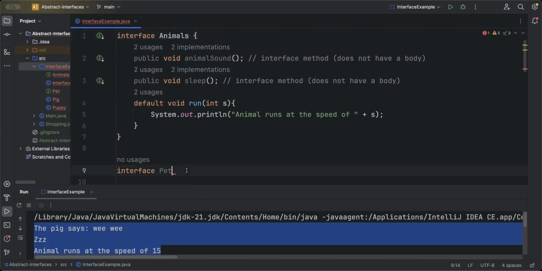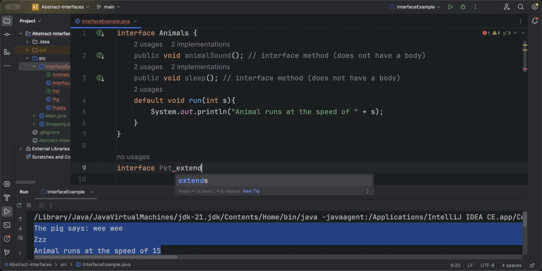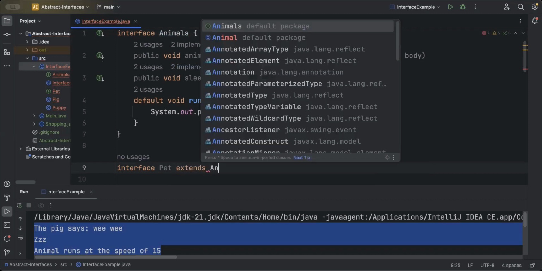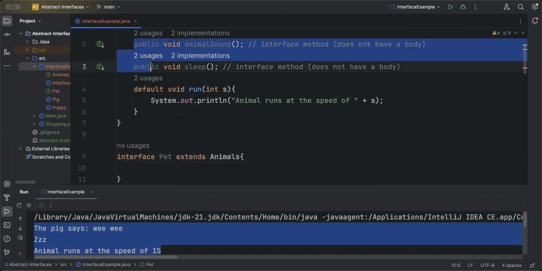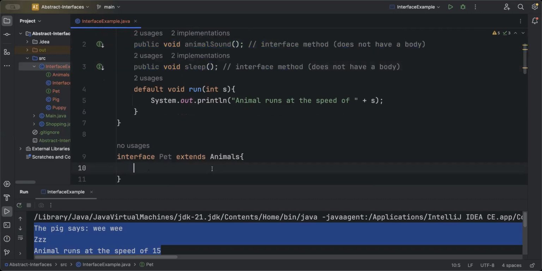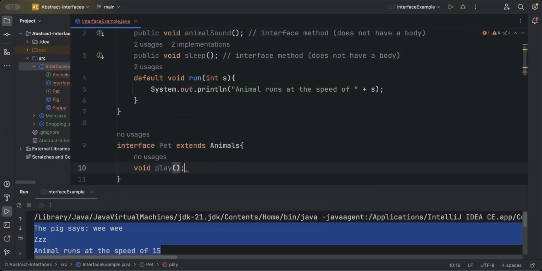So I'm going to say that one interface can extend another one. So I'm going to say it's extending the animals. This way, these two are now part of the contract for this pet. Okay, as I just explained, and then I'm going to say void, let's say with a pet you can play, but